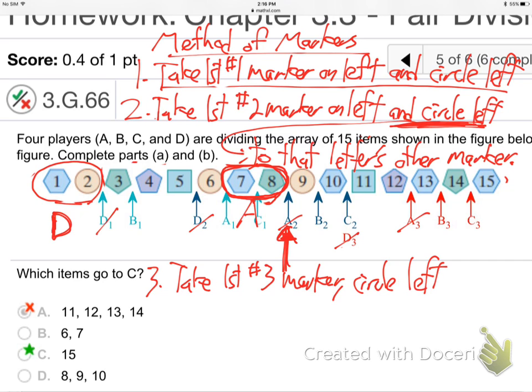B, huh? B3 right here? Because A3's out and D3's out. Right? A and D are out of the game. They've been given their candy already. A and D are out, so I don't count them. They're out. So the first number 3 marker that's left standing is the B3. So we circle B3,